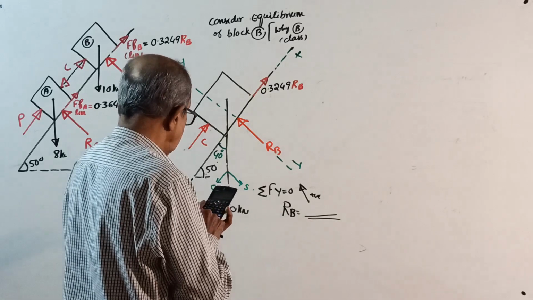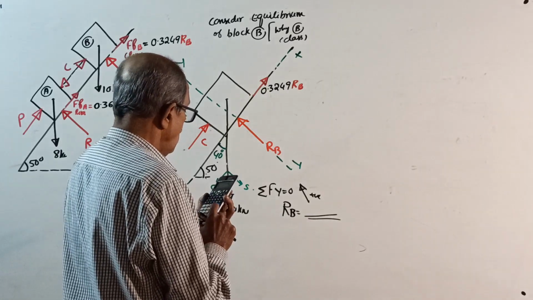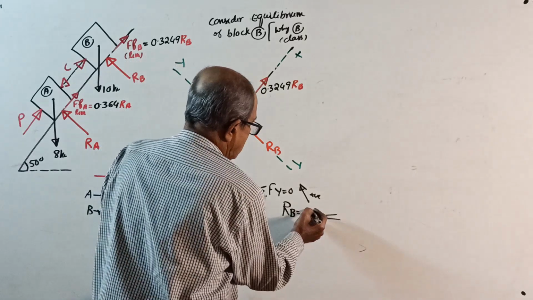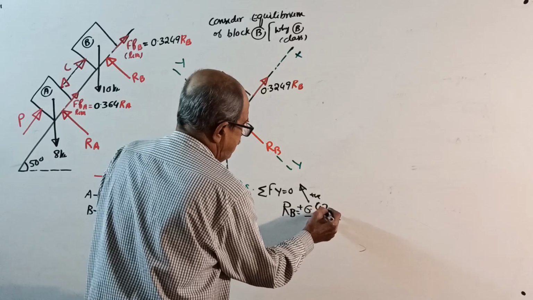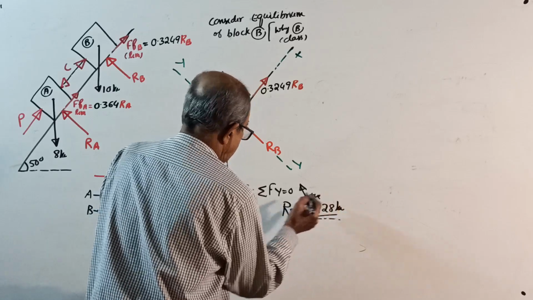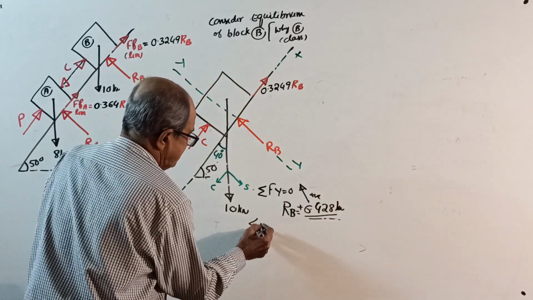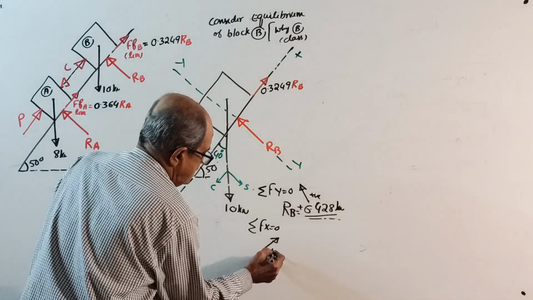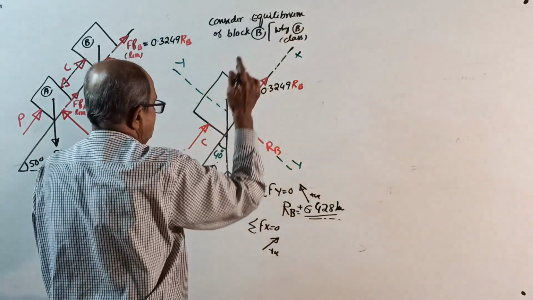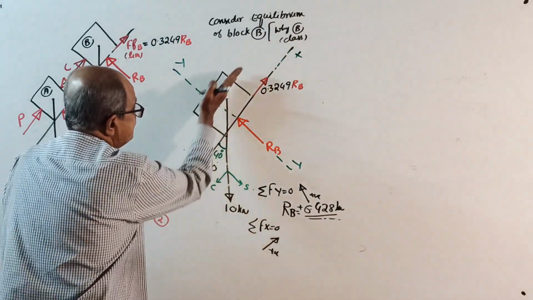Into sin 40, 6.428 will come. So 6.428 kilonewton. Then sigma Fx equals 0. Take the right side, this way positive. See, this way positive. Then plus C